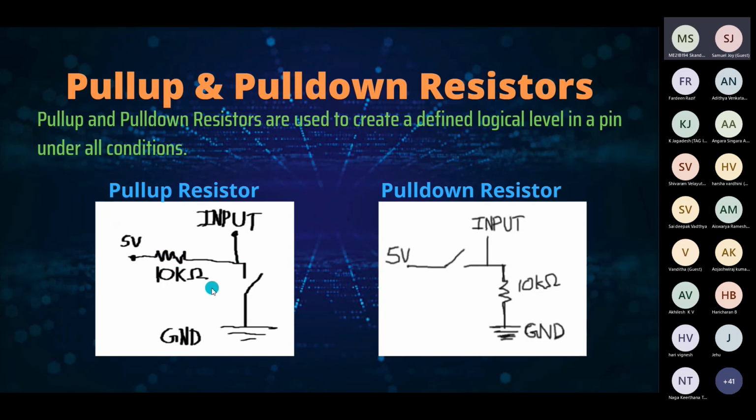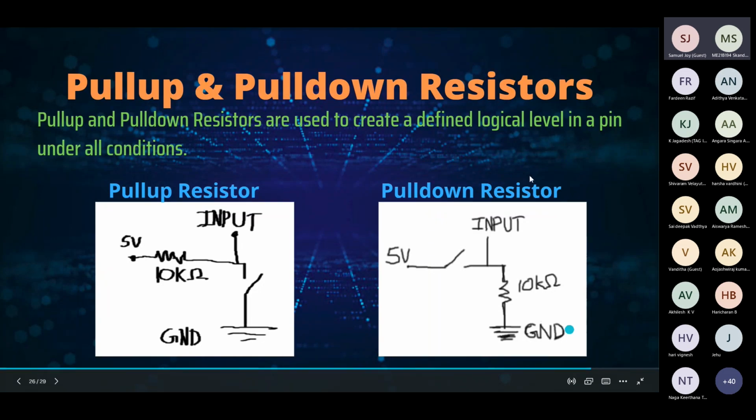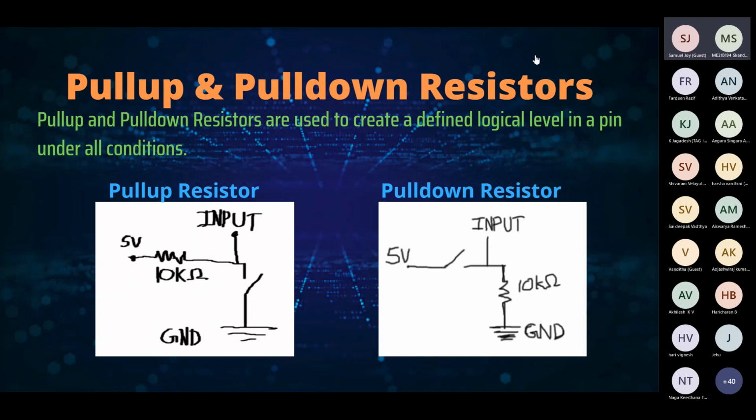So what if this resistor was absent in this place and we just had a connection to the 5 volt? Anyone? I'll not take much of time. This is the final question. Guys? So I see no answers, but yeah,